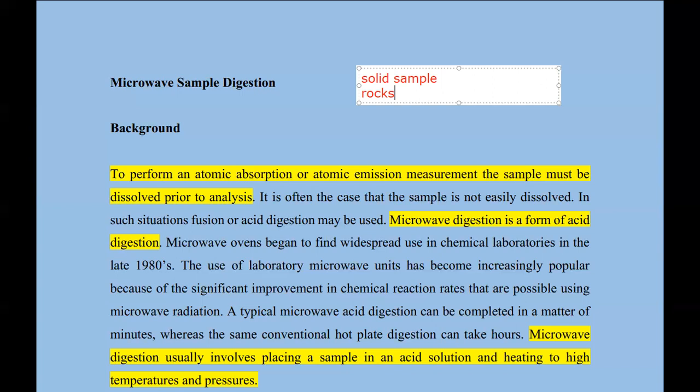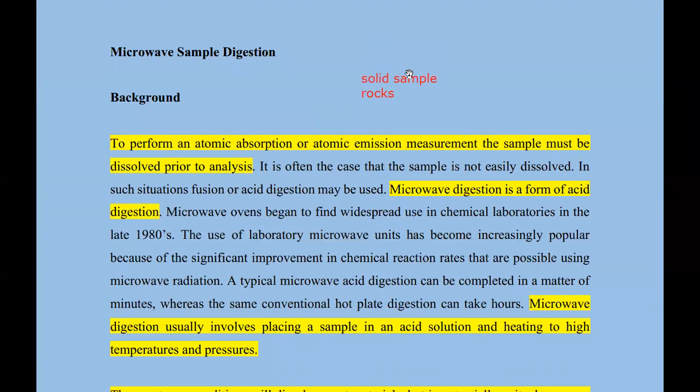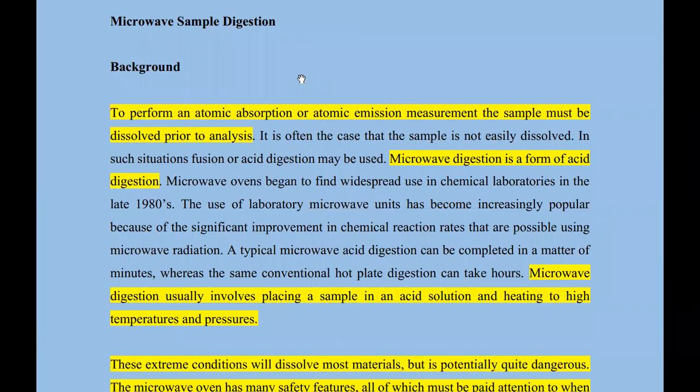How do we get the solid samples and convert them into usable forms? That is where our discussion will be based today. So today we'll be looking at methods. I think it's just one method that we can use to get the solid sample